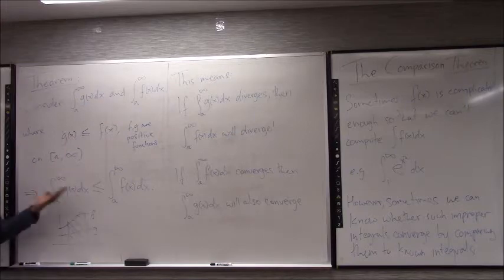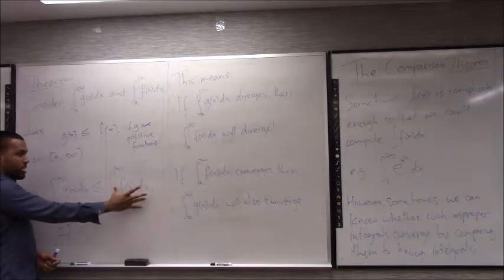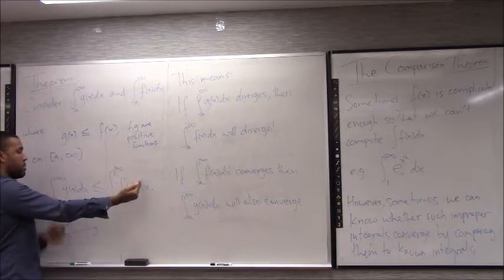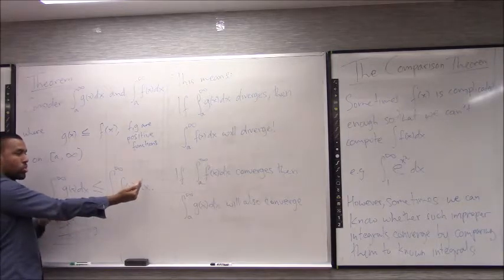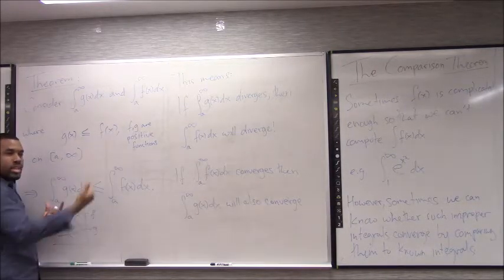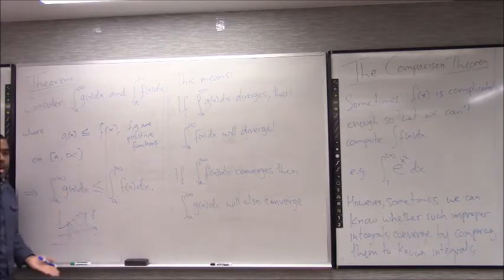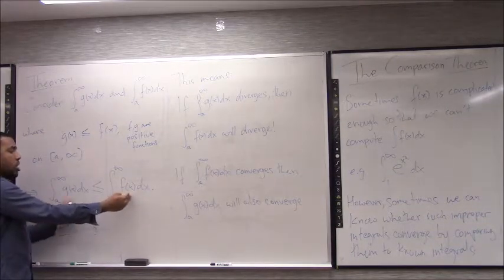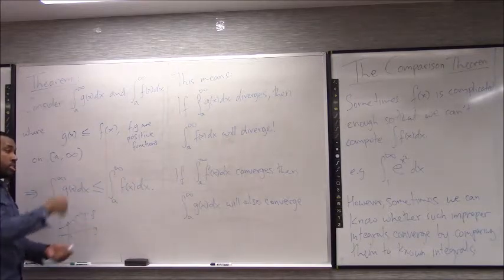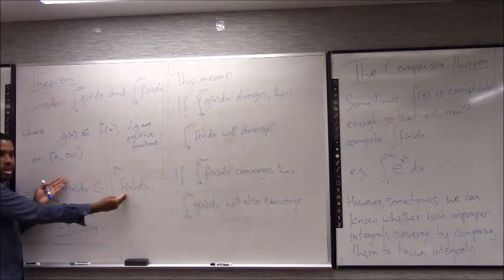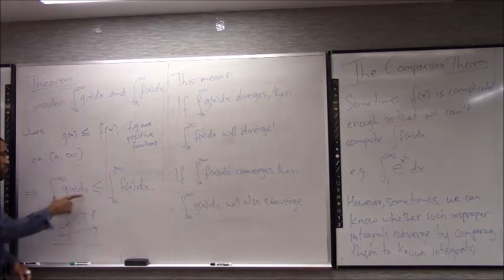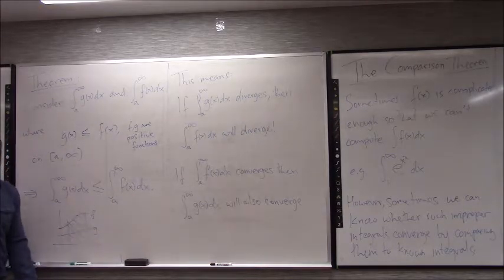The idea is these will both be outputting some sort of positive number because they're positive functions. So if this guy has a value, let's say I calculated this and it was 2, it means that this integral has to be less than 2. It has to converge somewhere at a point that is either 2 or less. It won't be able to go off to infinity if it's bounded by 2. So if I know my f converges, it automatically means that g converges. Conversely, if this guy blows up to infinity, there's no way that guy could converge to a finite number, because he always has to be bigger than that guy. So if this guy goes off to infinity, that guy also goes off to infinity.